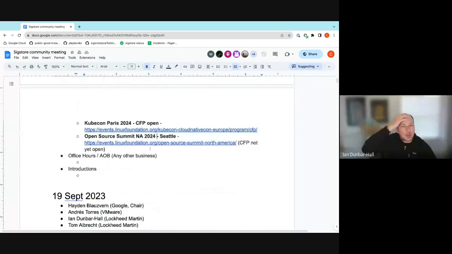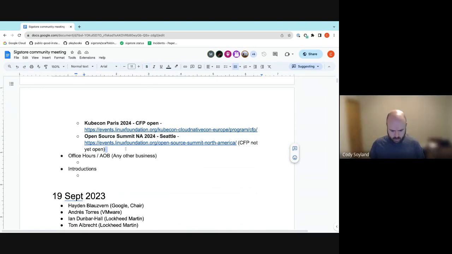We have one. DockerCon is happening this week, so we have one presentation that's going to be covering some of our internal work on Sigstore. So I'll put a link into that talk here. Nice. Yeah, please do. And then any other business, if anybody has any other announcements, or if anybody just has questions for the community, please feel free to speak up.